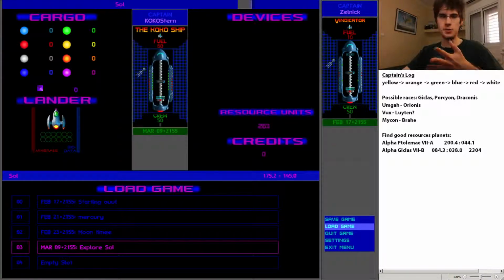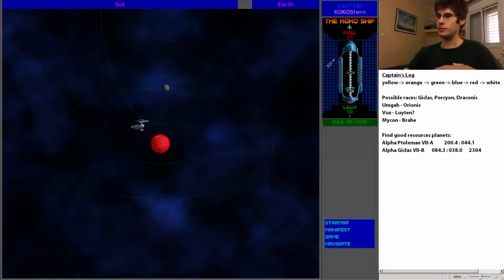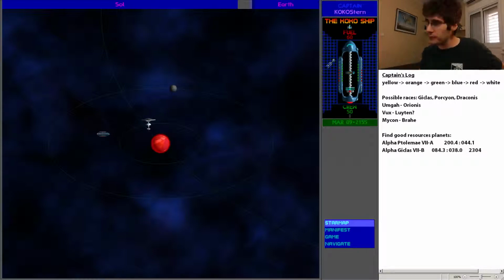our next thing is to explore Sol, which is our area. By the way, I'm gonna lower the sound a little bit. I fixed the little bug on the right side. Yeah, I fixed it. It works now. It was something a little bit weird. So before we move forward,